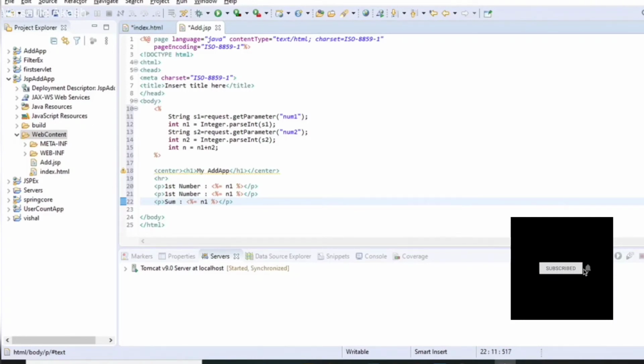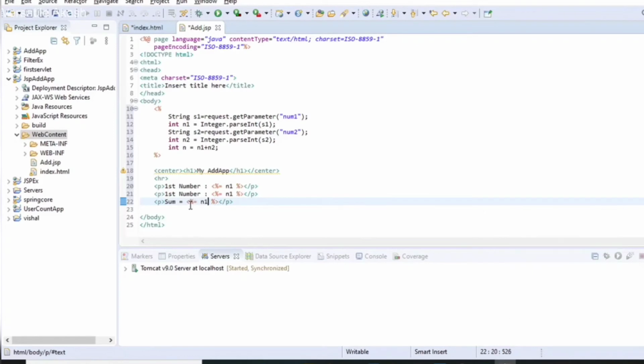So the sum is stored in the n variable. So as you can see, our JSP file is completed, the JSP code.